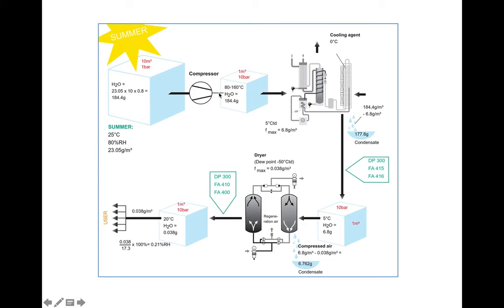After the compressor, the air produced will flow to the dryer system here, the dryer or cooling agent. For example, here this air is cooled to 5 degrees Celsius. In this process, in the refrigerant dryer, the water content in the air, in the form of moisture,